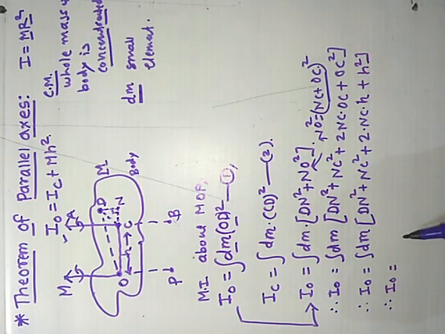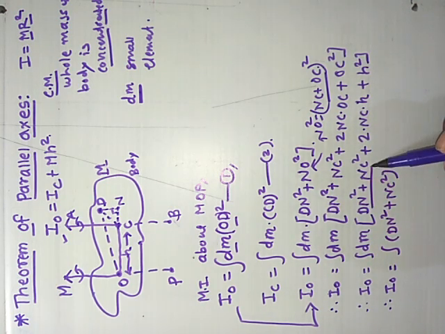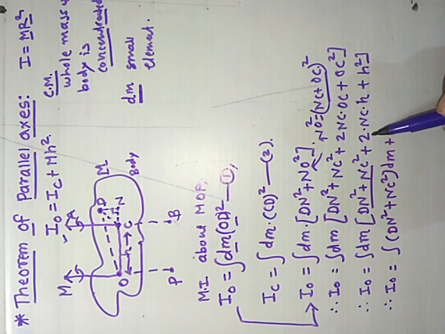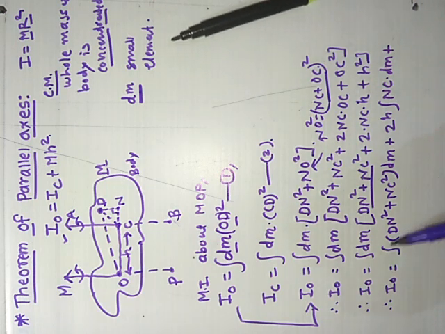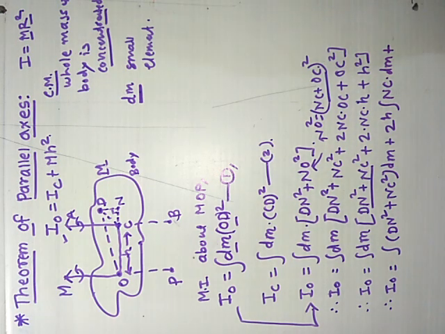Therefore IO is equal to, by taking the integration throughout this, integration of DN square plus NC square, this quantity, into dm plus again 2 constant, here h constant, integration of NC into this dm,